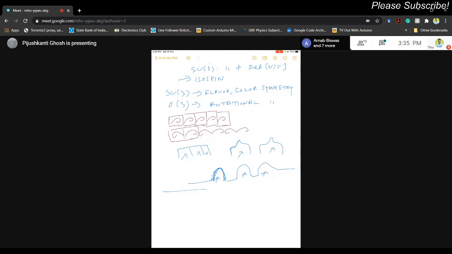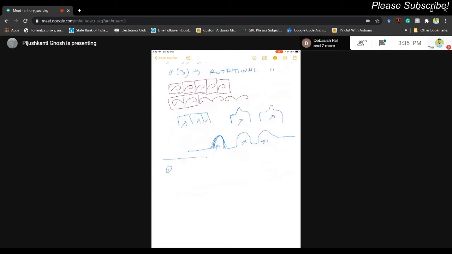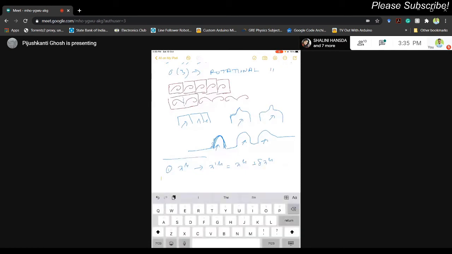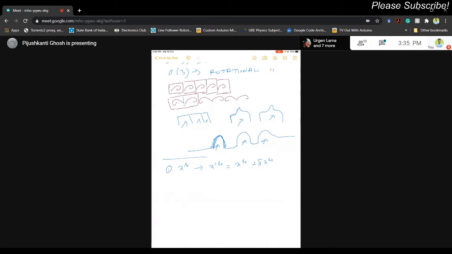I just want to point out the main differences. Say I take x^μ goes to x'^μ = x^μ + δx^μ. δx^μ could be any fluctuation depending on what kind of transformation I am talking about. It could be rotation, it could be translation. For translation, it is fixed. For rotation, it will be in a particular format. So it depends. What is important to note is that we are talking about space-time symmetry as well as internal symmetry. So under this transformation, the field also transforms.